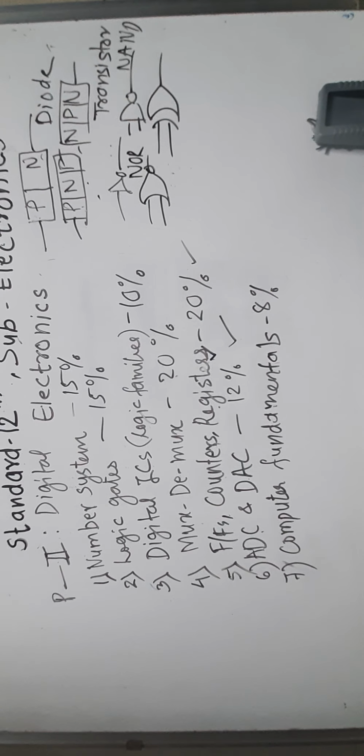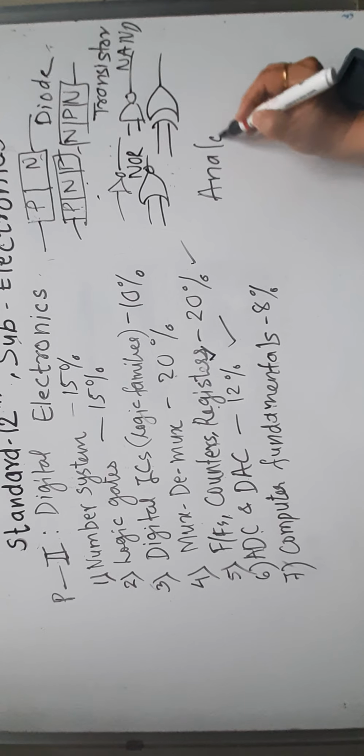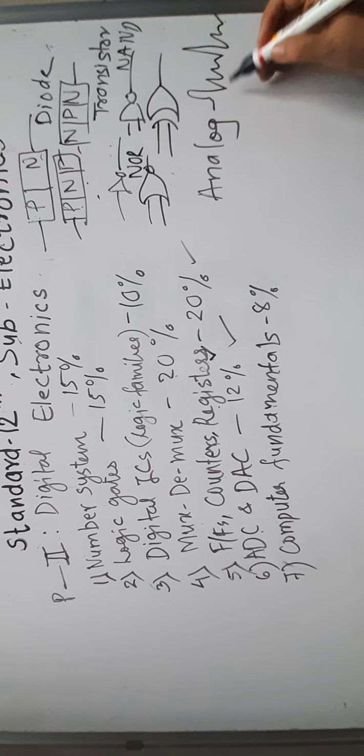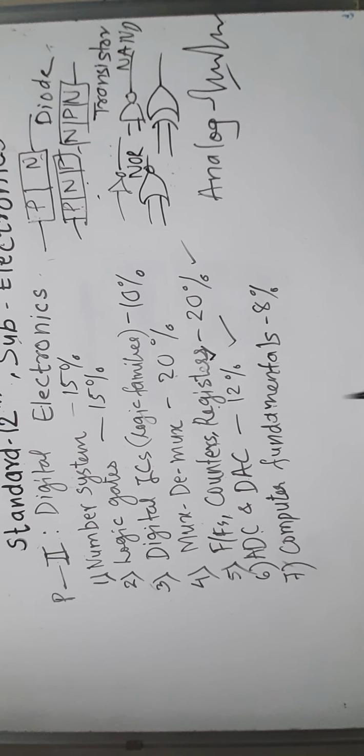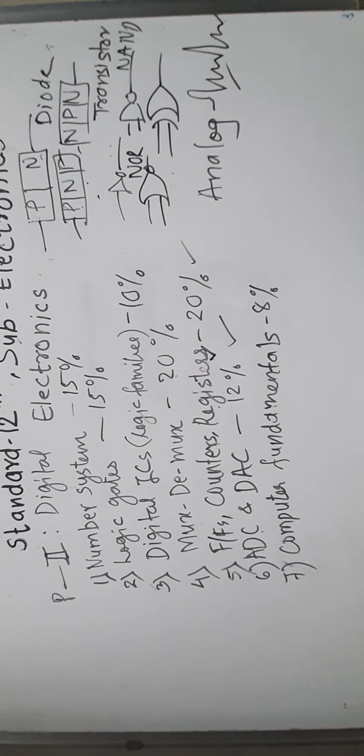Why are these useful? As I told you, everywhere digitization is there, but human voice is analog in nature. Okay, human voice is analog in nature. This is human voice. Now, as I told you, given the significance of digital data, we have to convert this analog data into digital data. So that's why we use an analog to digital converter.